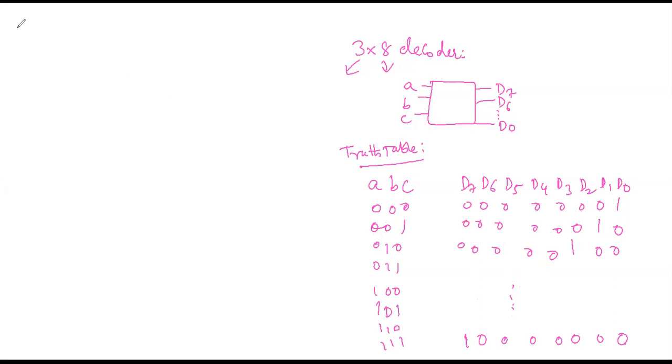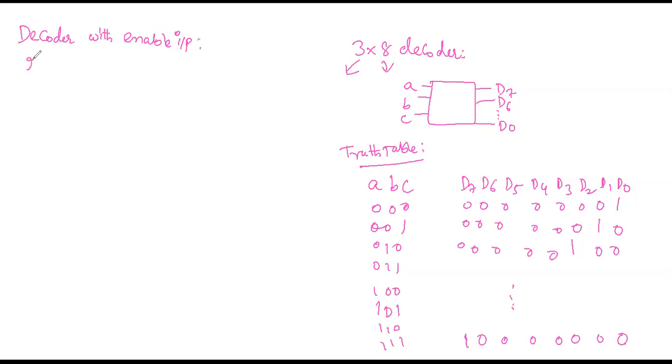Next, decoder with enable input. First we will see the 2 by 4 decoder with enable input.